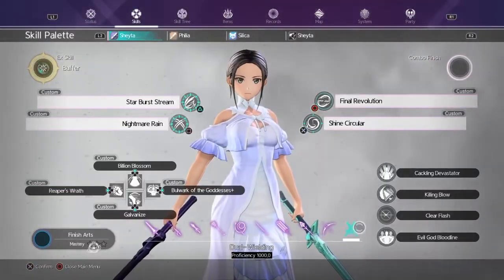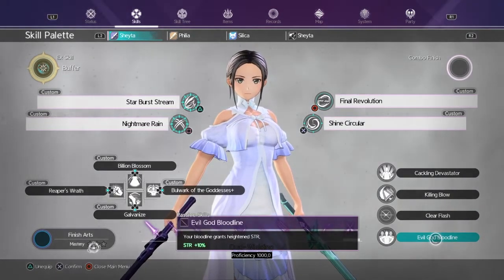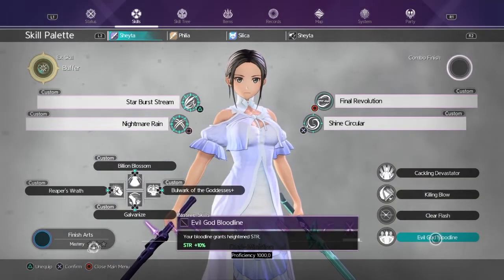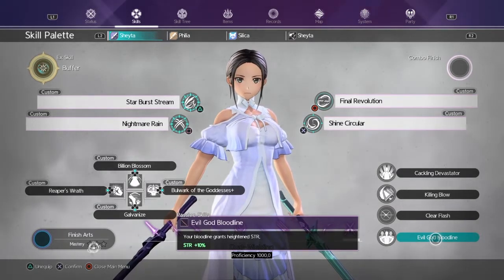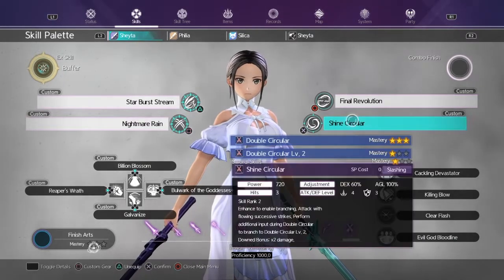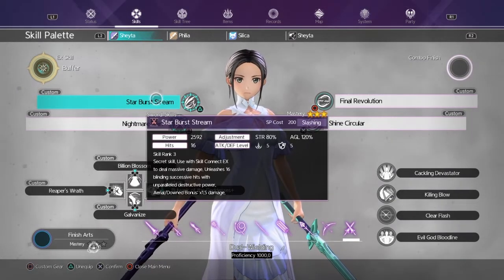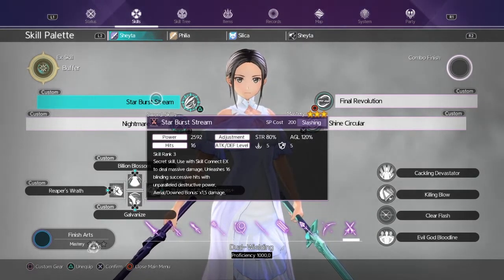If you don't want to use, I'd say another thing that could probably be good as well for starting out is Blade Dance. So instead of this Evil God Bloodline for 10% strength, you can put Blade Dance there. Me, myself, I typically don't use Blade Dance. I tend to stay away from it. But if you don't know, Blade Dance just gives you follow-up attacks. It basically makes one hit turn into another hit. So like Starburst, that's 16 hits. So if you put Blade Dance on it, it's going to be 16 more hits. The only thing is